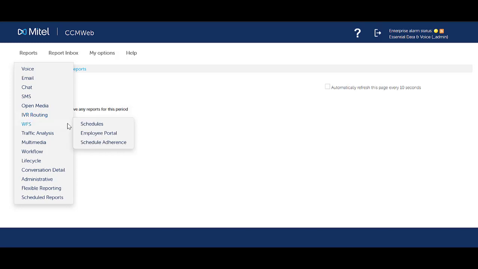WFS. Workforce scheduling reports are only applicable if you have purchased the workforce scheduling module and it has been configured on your solution. Speak to your system administrator. Additional costs may apply. Traffic analysis reports provide data on console attendance and route traffic only if these are configured